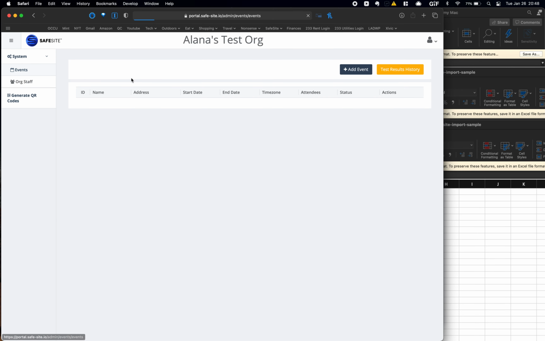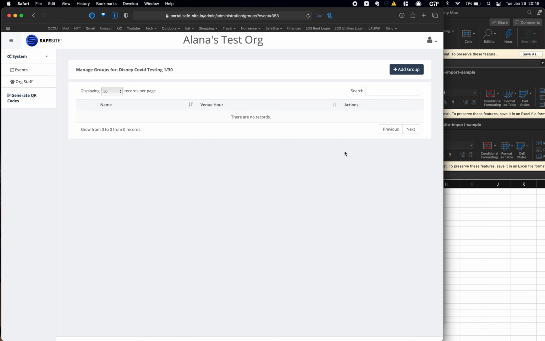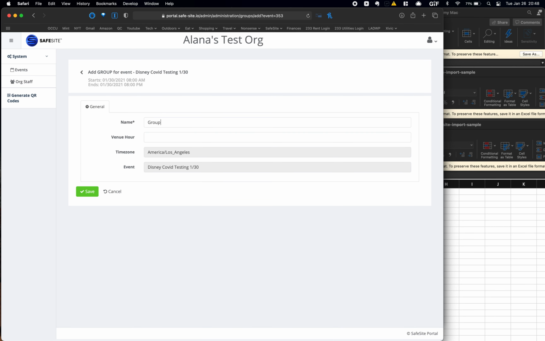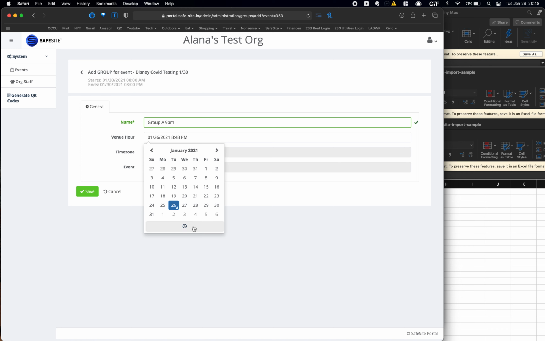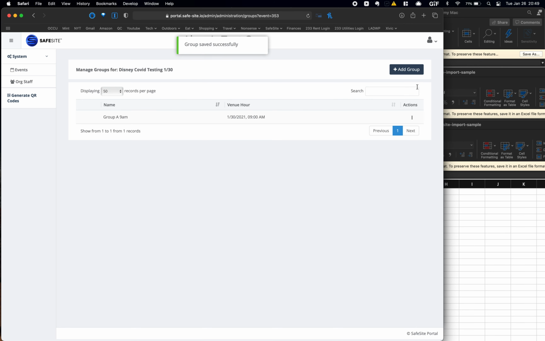We can just go back. We can manage groups. So groups are if you have multiple people arriving at different times. So the name doesn't really matter, but I usually do something like Group A, 9 a.m., venue hour. This is the 30th at 9 a.m. The event starts at 8, but I want them to arrive at 9. It could also be